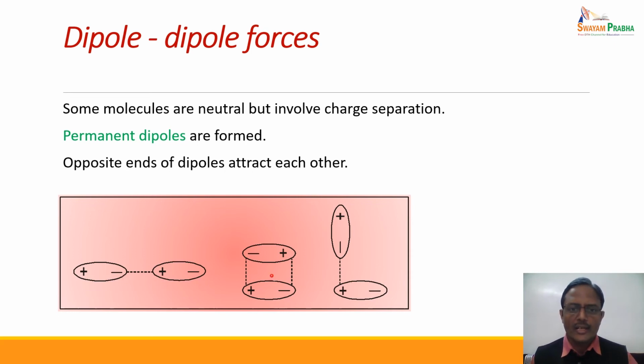Now these forces can exist in this particular fashion, where two dipoles are adjacent to each other with their opposite charges close to each other, or there can be a perpendicular type of interaction like this. All these types of interactions are possible between the permanent dipoles within a liquid, and such forces definitely arise whenever the liquid is a polar liquid, or the liquid molecules are polar in nature. For example, in the case of water molecules or NH3 molecules, where there are permanent dipole formations.